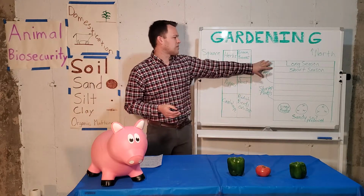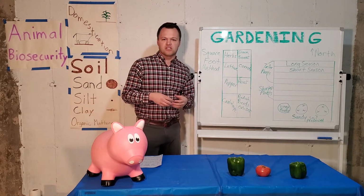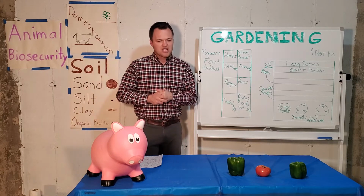The other thing is, think about some of these crops, when we grow them, they have a longer shelf life than others. Some of your leafy greens, if you cut them,